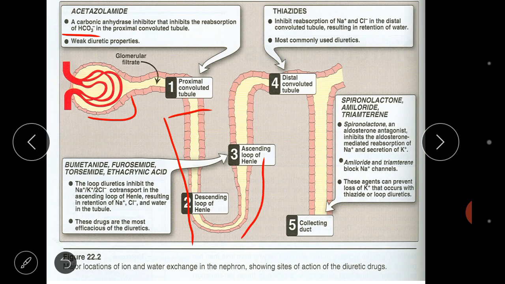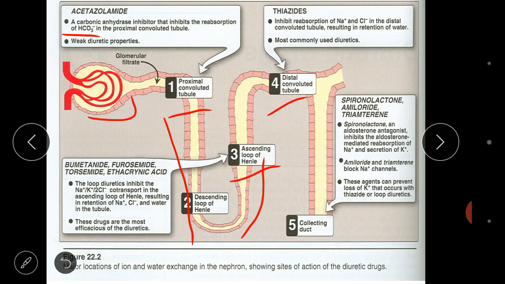Here three ions get reabsorbed. There is a co-transport: one sodium, one potassium, two chloride co-transport. With this, sodium, potassium and two chloride ions get reabsorbed. The next part we have is the distal convoluted tubule. Here also there is one symport mechanism, that is sodium chloride symport. Here only sodium and chloride get absorbed, but in the ascending loop of Henle, sodium, potassium and chloride get